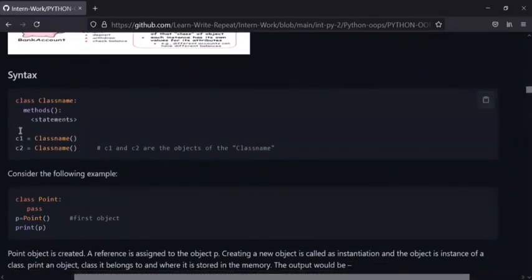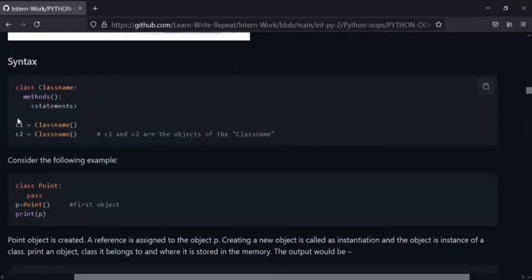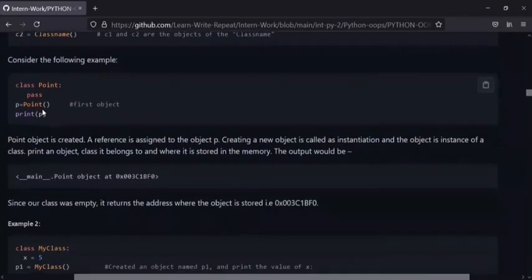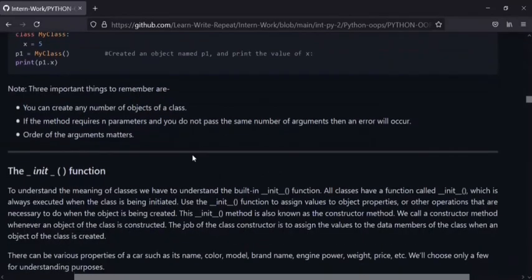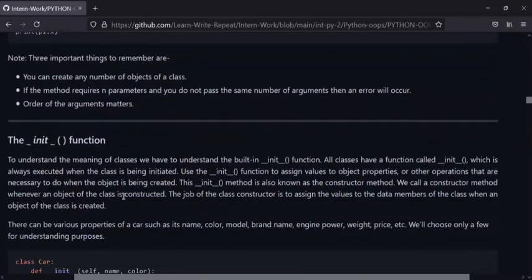Here, the class I've created is ClassName, and I've created two objects, C1 and C2, as objects of this class. The important thing to keep in mind is that whenever we create a class, it is important to create objects, and using that object, we can access all the methods and variables of our class.